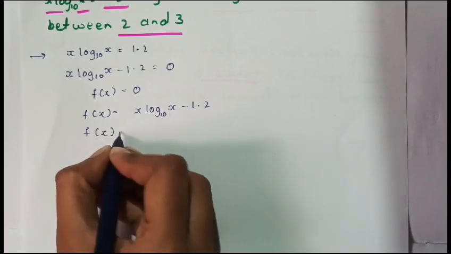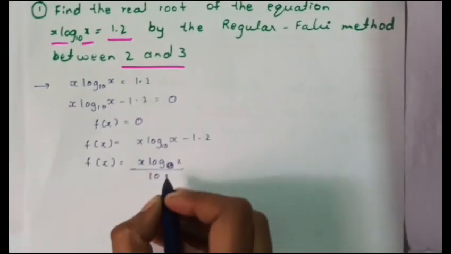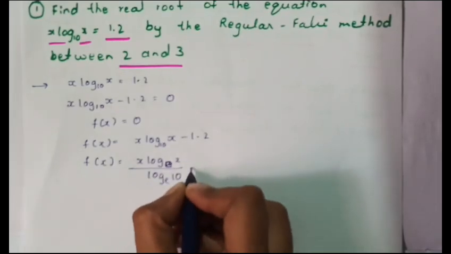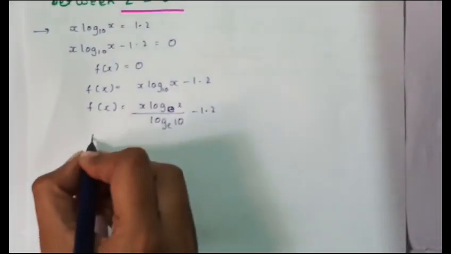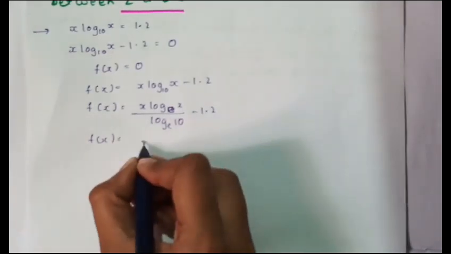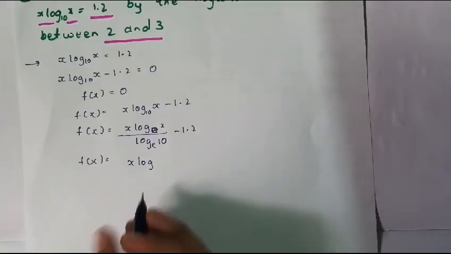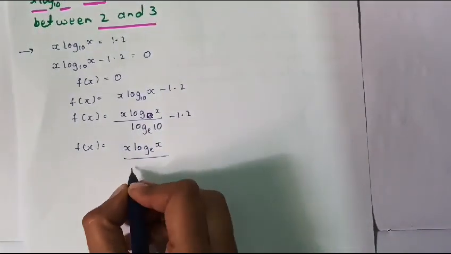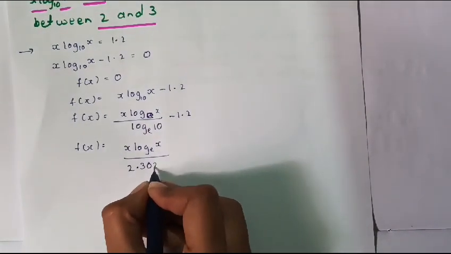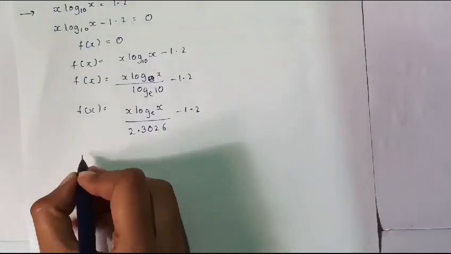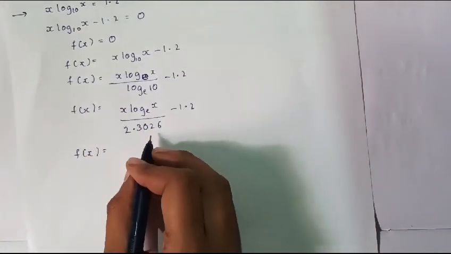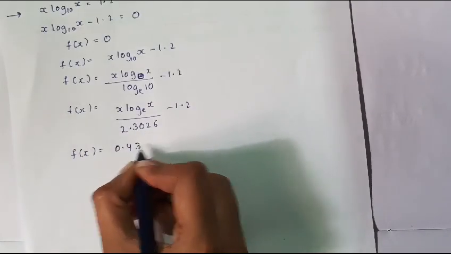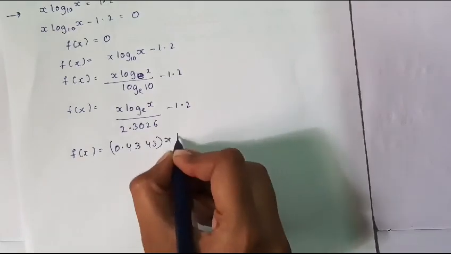Where log to the base 10 of x can be written as log to the base e of x divided by log to the base e of 10, minus 1 by 2. Then f of x is equal to x log to the base e of x divided by log to the base e of 10. The value of this is 2.3026, minus 1 by 2. Then f of x is equal to 1 by 2.3026, which is 0.4343 times x log x